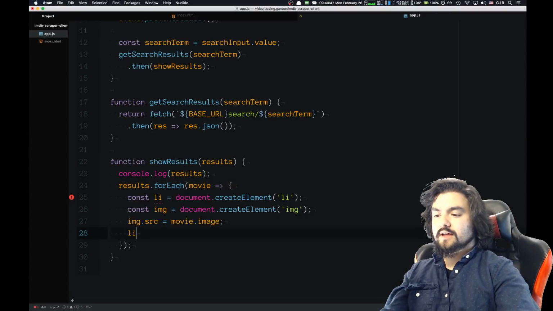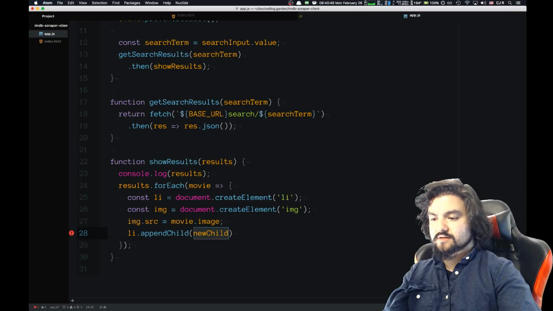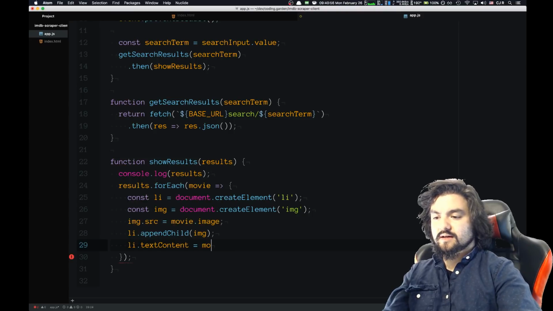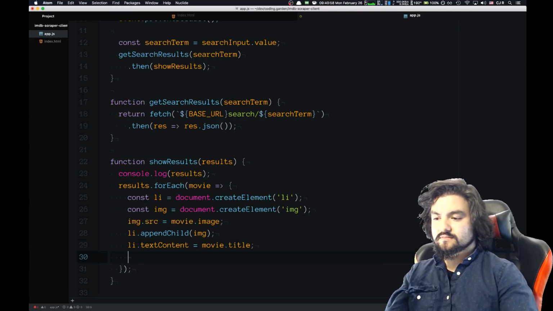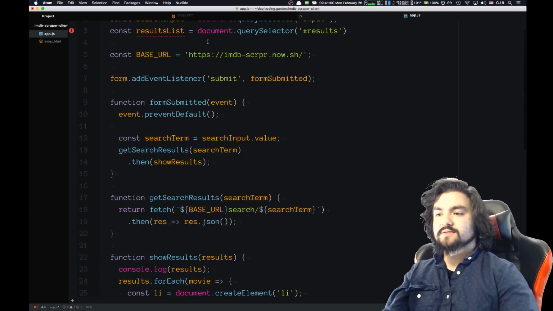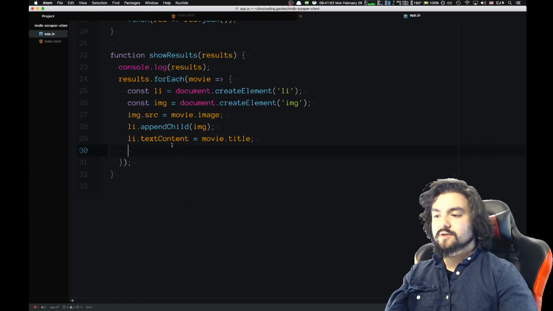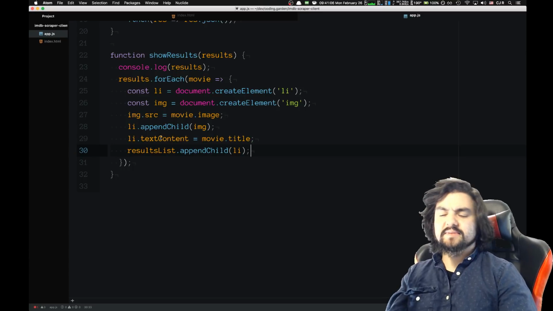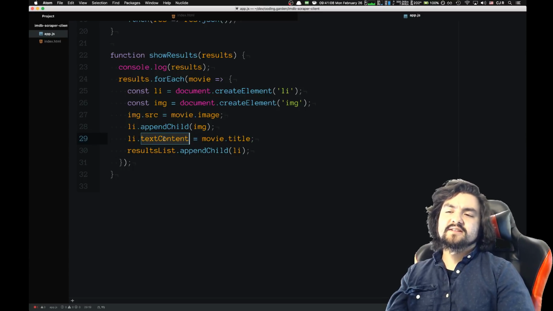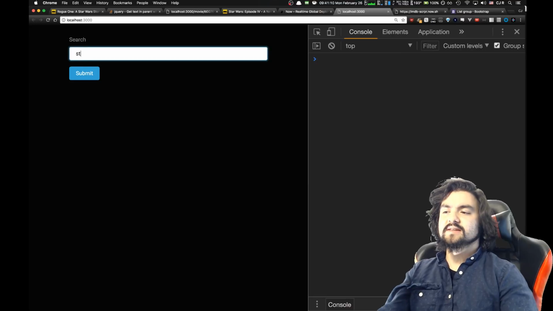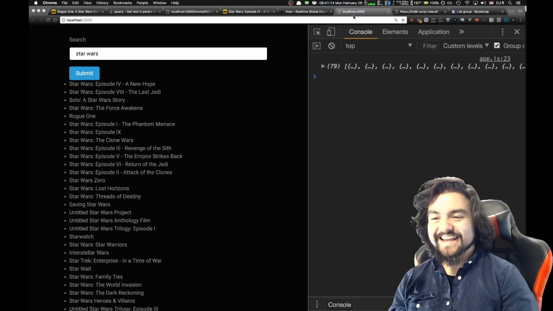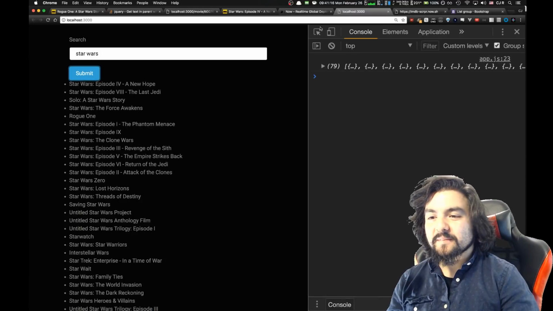And then we'll append the image to the li. And then we'll set the li's text content to be movie.title. And then we'll append the li to the results list. So resultsList.appendChild li. Let's see what happens. I'm curious if setting text content will overwrite the children. Let's see. Star Wars. Go. It overwrote. If we look at the actual DOM,